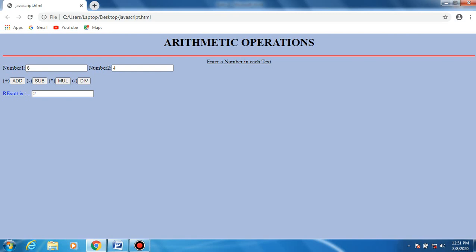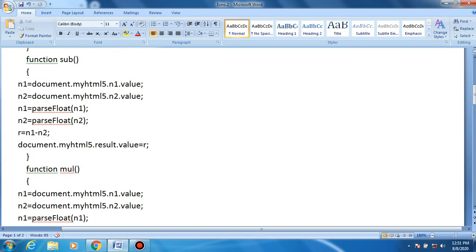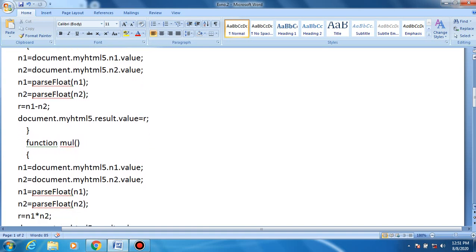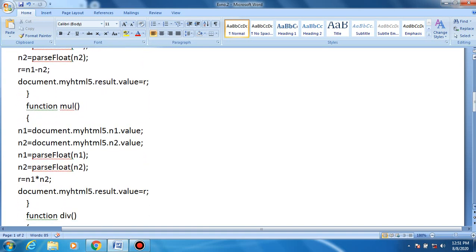So when we click the button, the particular function is executed. The other functions, such as multiply or division, are not executed, right?